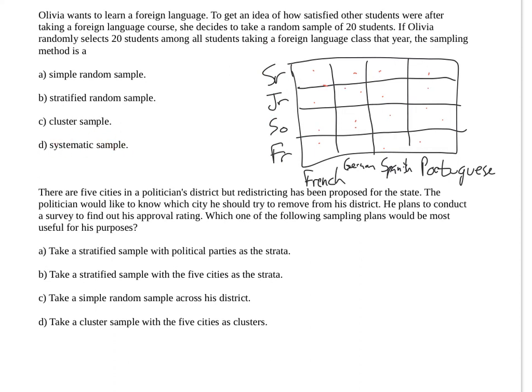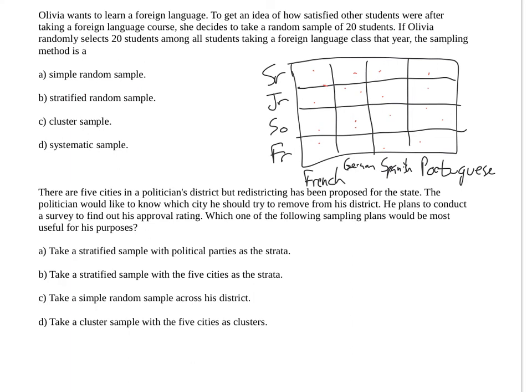So a systematic sample would be like going to every class roster and sampling every 10th person on that roster. That would be a systematic sample. Systematic samples are kind of structured like that. You find a list and then you select every X number person on that list. Know what I mean? So what she's actually doing is a simple random sample like I originally read in the